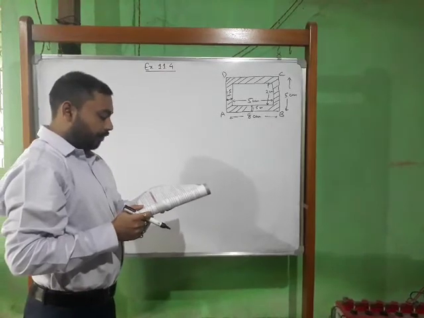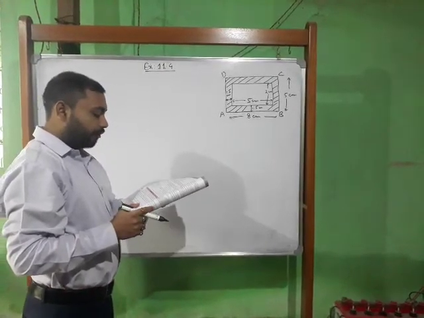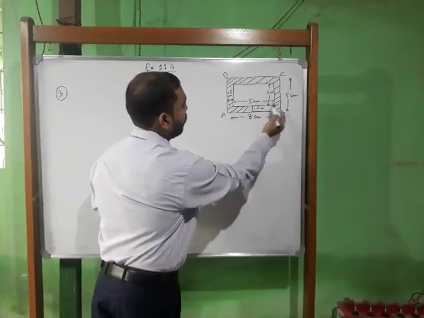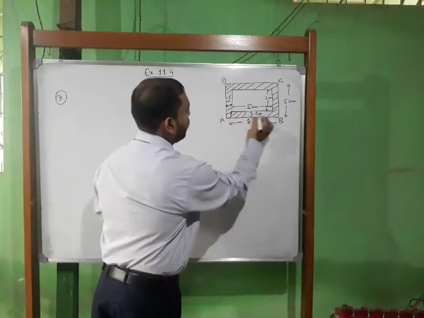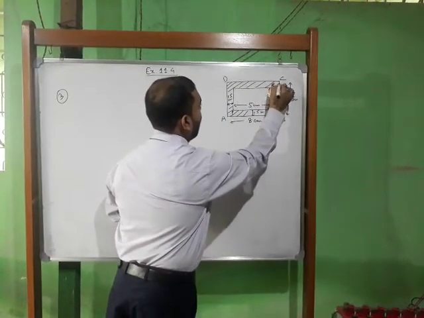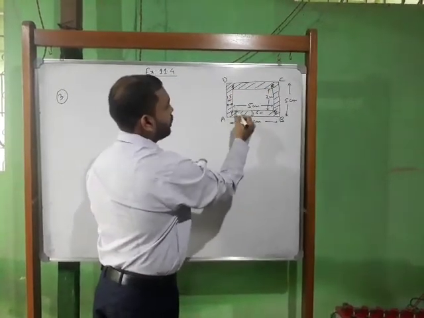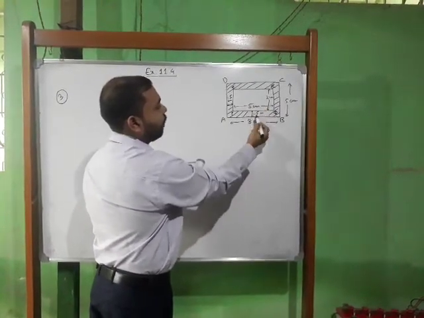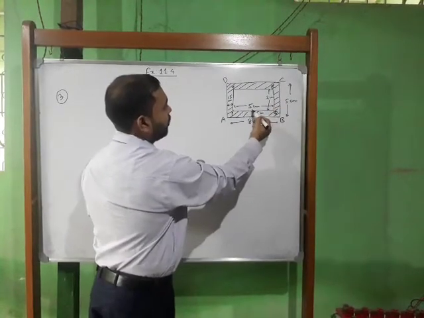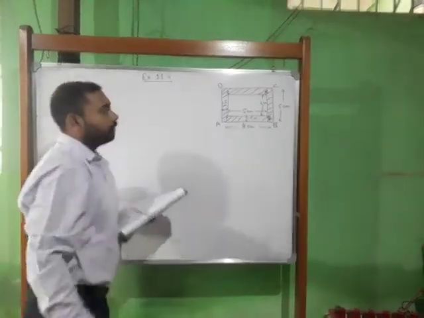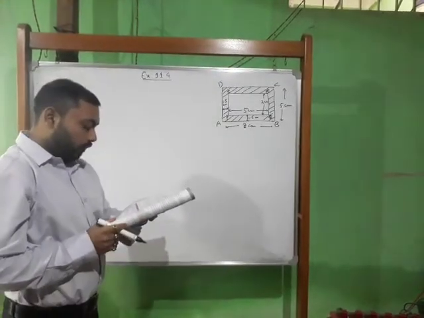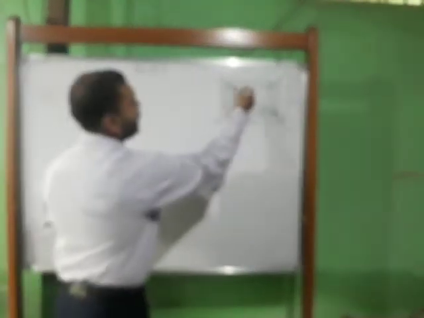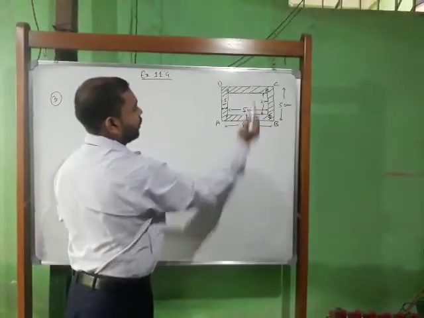Such that there is a margin of 1.5 centimeter along each of its side. So as you can see, there is a margin of 1.5. Let us give the names P, Q, R, S. So this is PQRS, this is the margin, and the width of the margin is 1.5 centimeter from all the sides, from the length and the breadth side. So we have to find out the total area of the margin. This shaded region is the area of the margin we have to find out.